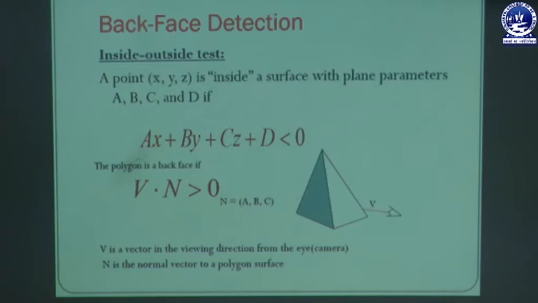Since we cannot see these surfaces anyway, to save processing time we can remove them before the clipping process with a simple test. Each surface has a normal vector, and if this vector is pointing in the direction of the center of projection, it is a front face and can be seen by the viewer.